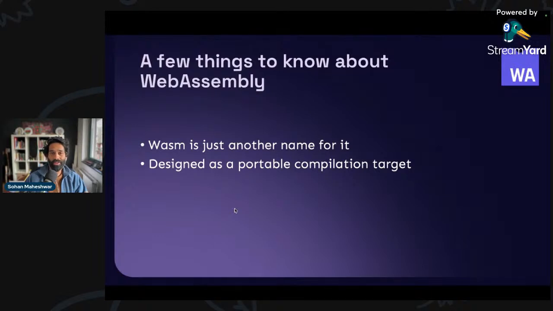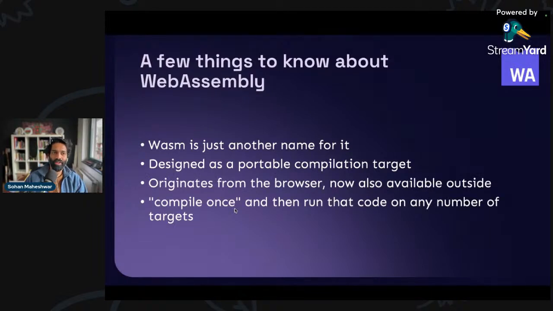Again, a few more things to know about WebAssembly. We saw how it could be a portable compilation target where you can write code in any language and it compiles to this Wasm format that we just saw. Now, the history behind WebAssembly is that this was originally written for the browser, and hence the word web in its name. And a bunch of companies are using this, like Google and Figma, Adobe, Shopify, Roblox. They all actually use WebAssembly in their front ends because of its properties.